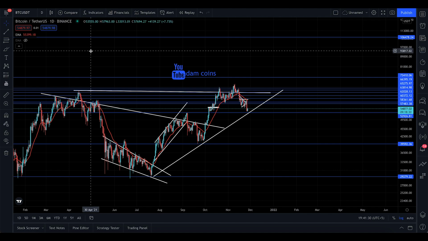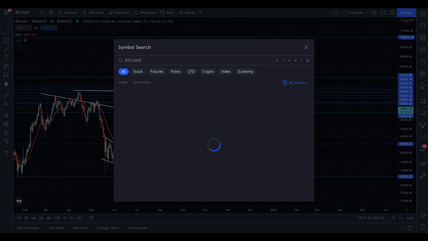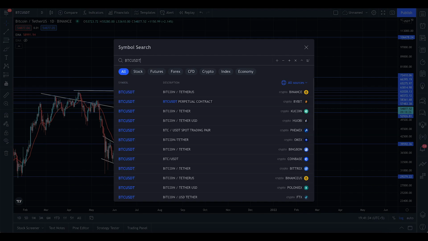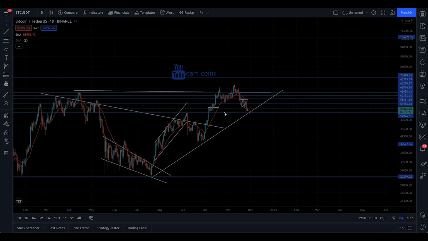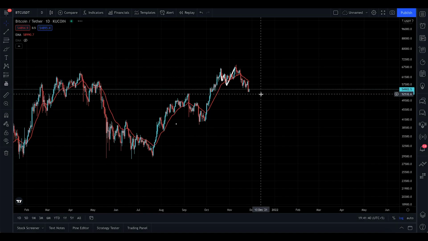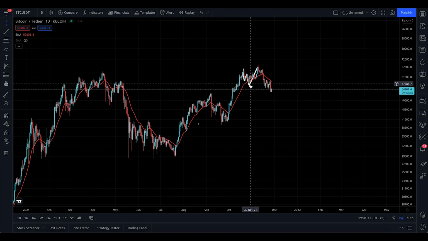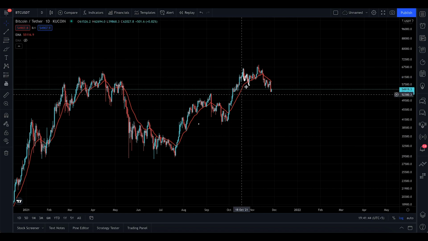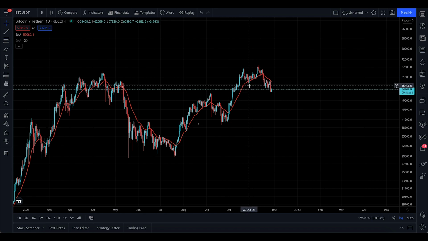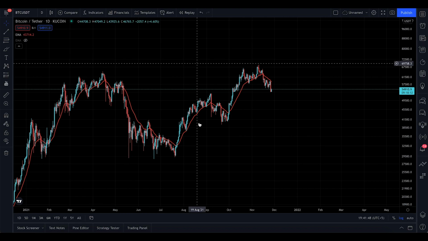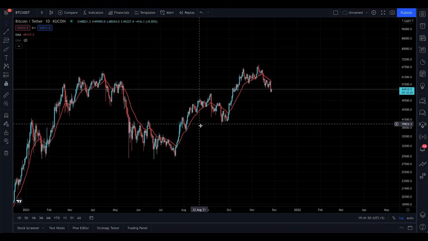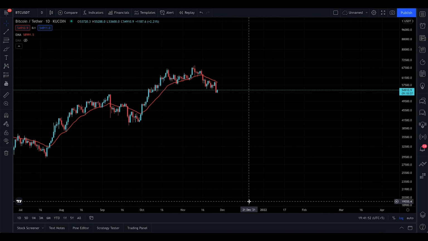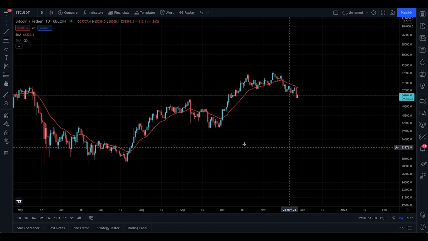Now, this is a Bitcoin update, and it's not going to be that much of a serious update. I'm gonna open Bitcoin in another cool looking exchange where I do not have any drawings, and I want to talk about Bitcoin and do a small experiment with you guys. Okay, so here we are. This is the Qcoin exchange. I just needed this because it doesn't have any drawings at the moment, and I'm gonna bring the volume before